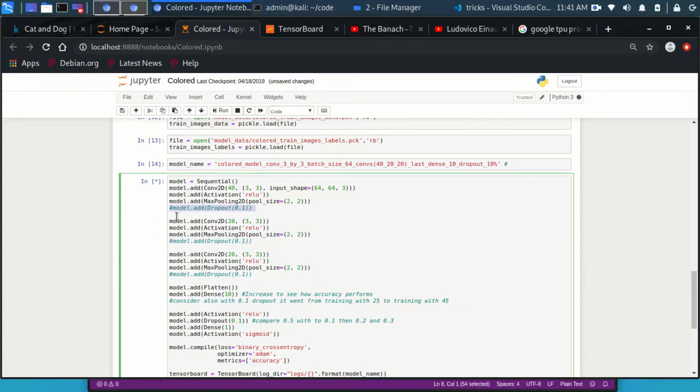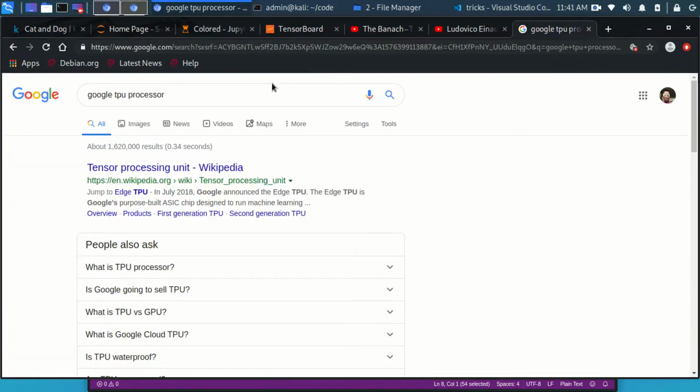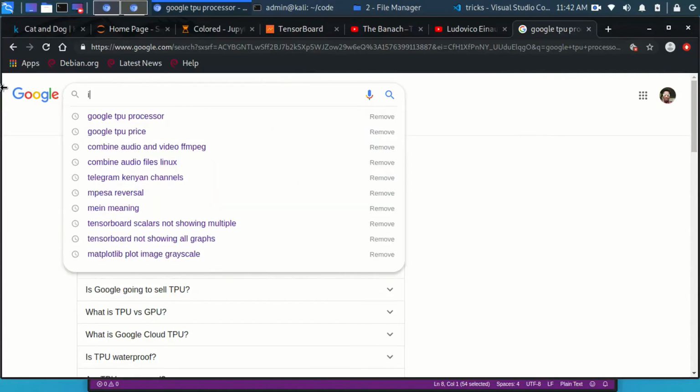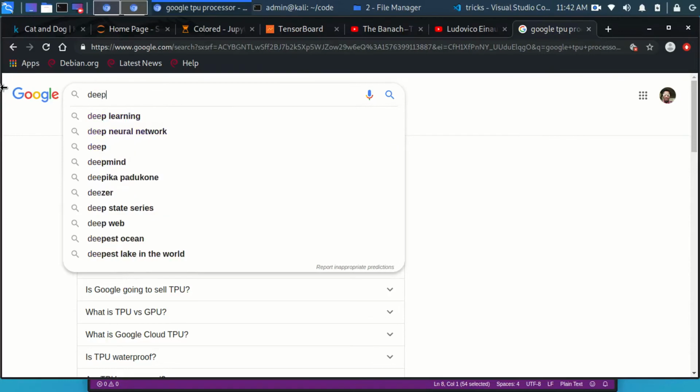So you have 1, 2, 3 dropouts in between. I did try this once before, and I found that adding dropouts in between here was not increasing the accuracy. But if you do research on how deep learning models look,